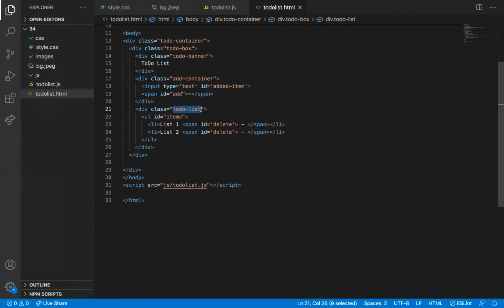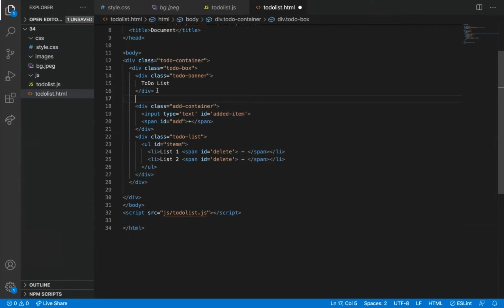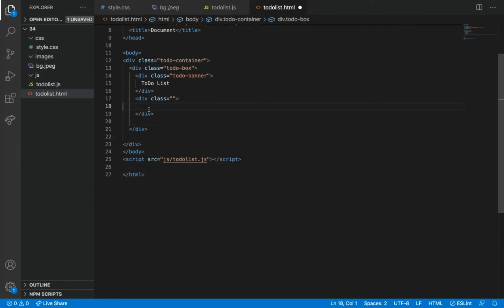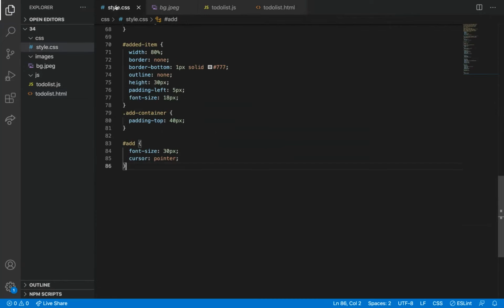To-do list. So class equal to to-do content. I can add some padding to it.